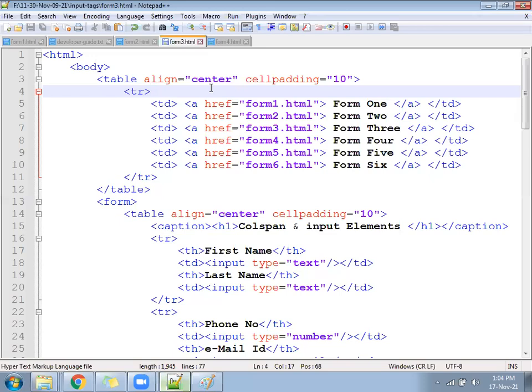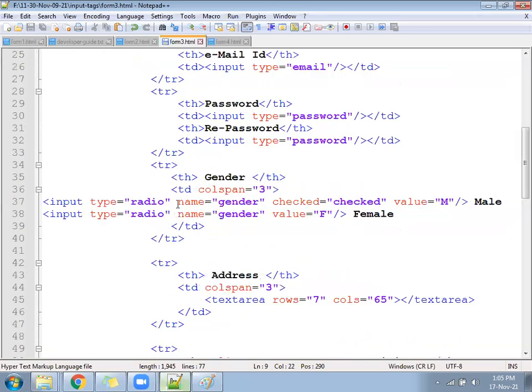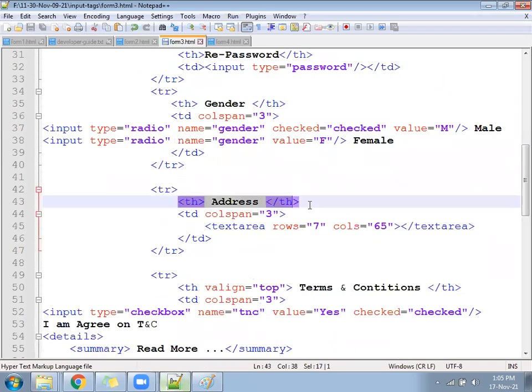Maximize that screen. Where is the text area? Text area is here on the right. Okay, so what is missing? Look at here in my page. This TD has not been written. TH. Report text area.